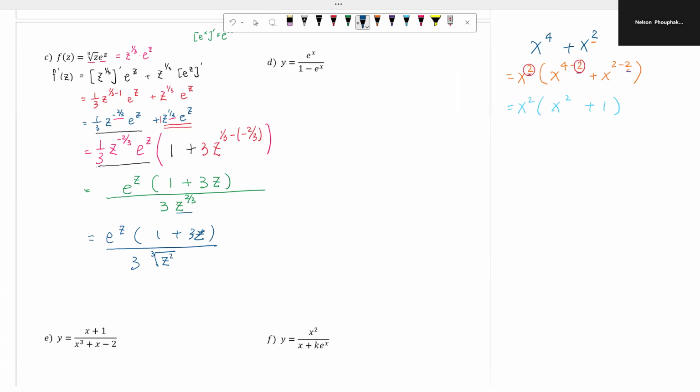Now again, the reason why I like to write it in this form is this: if I want to find the critical numbers, meaning when I set f prime of z equal to 0, then if I have this in factored form, I will be able to solve for z more easily. If I stop right here, I may have a hard time solving this equation.